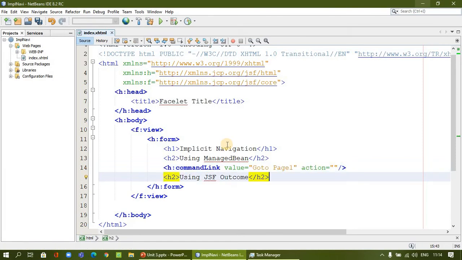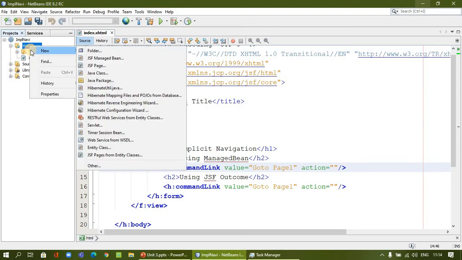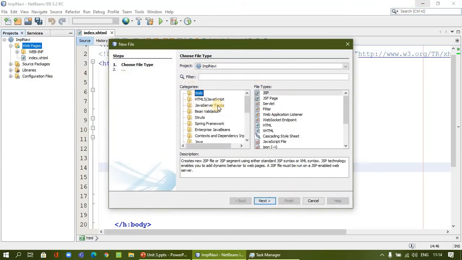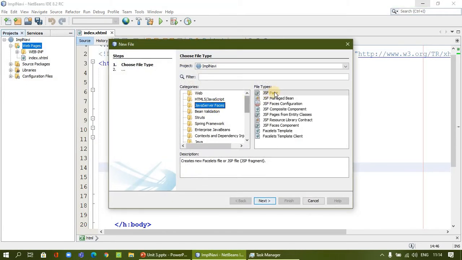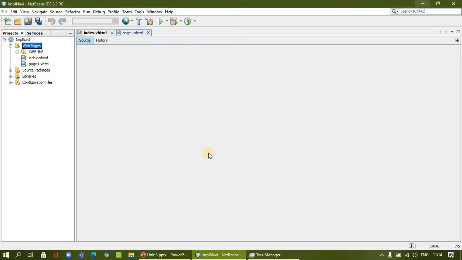So the same thing, I will copy and paste it in another. So how we are going to work with the managed bean, it is the same thing, and the action is going to be varied. In order to work with this page 1, I need a page 1. So I'm going to create page 1 now. Right click over here, and if you can see JSF here, we can select JSF Page. Otherwise we can go to Other, where in JavaServer Faces we can find JSF Page. Now we are going to give the page name as, for example, page 1. This is what we expect to connect. So I'm going to say finish.